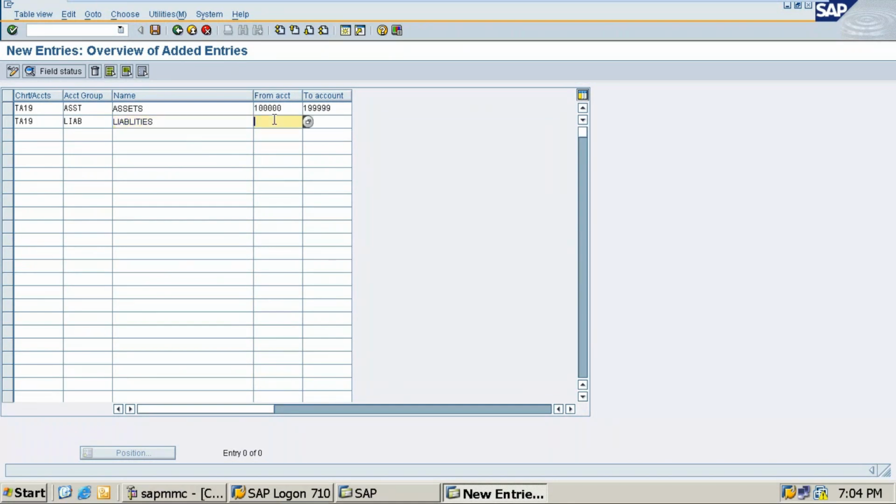Liabilities, and here I am giving 2 lakhs to 299. In SAP everything has a number, so you need to give a code for this. TA19, sorry, TA19, and here I'll give income INCM, that is known as incomes. Okay, then this is 3 lakhs